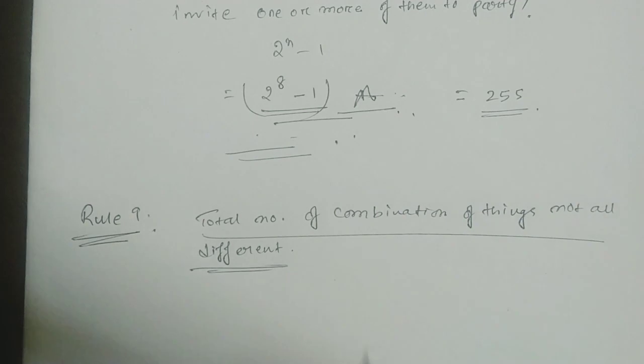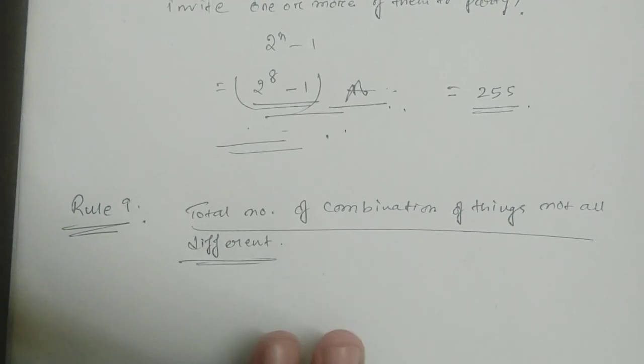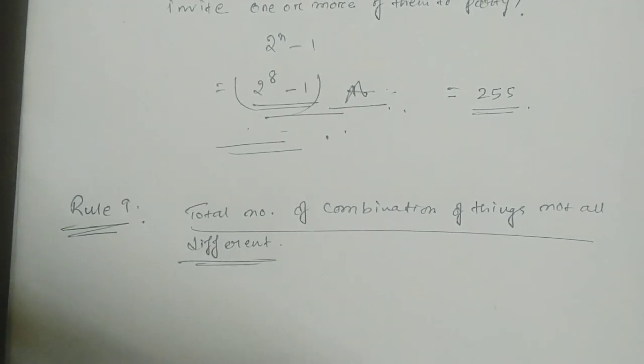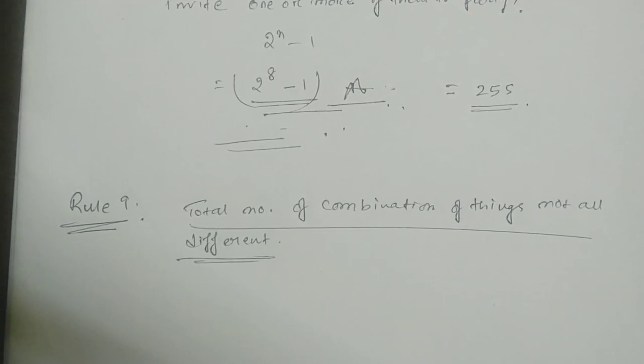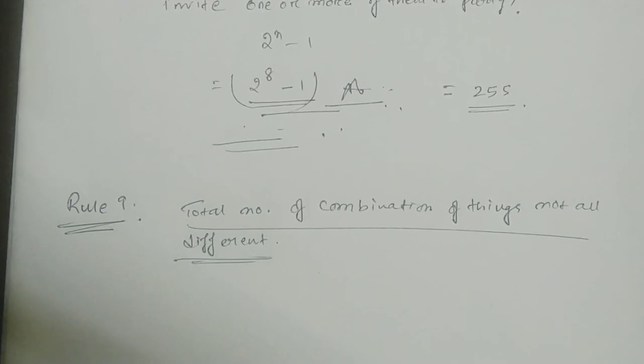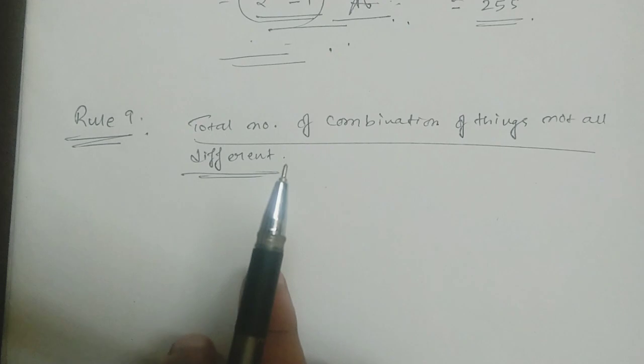That means so far we have been dealing with items to choose from that are actually distinct from each other. So the combinations we were doing until now, we were assuming that each item is different from the others. Here this case will be applicable when